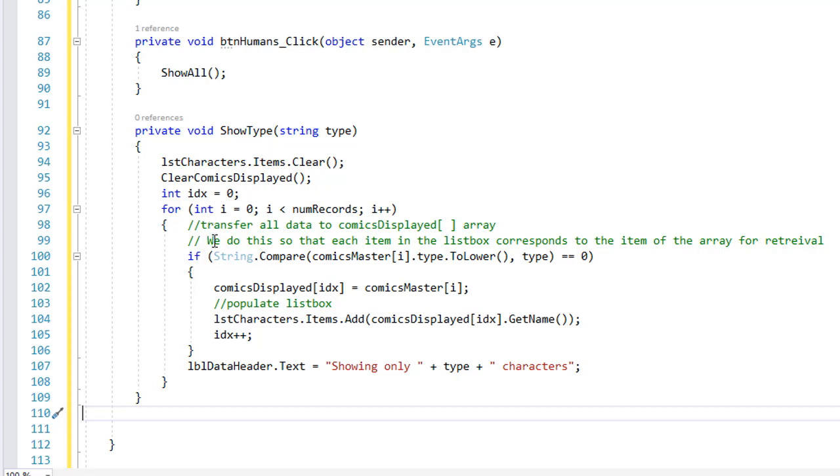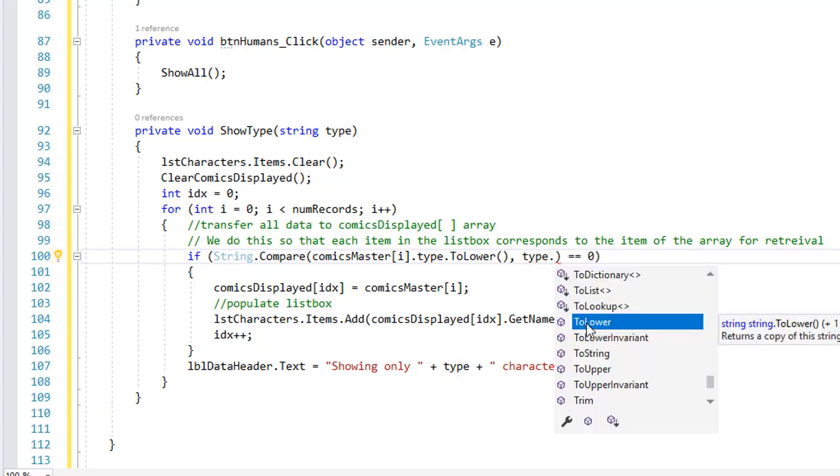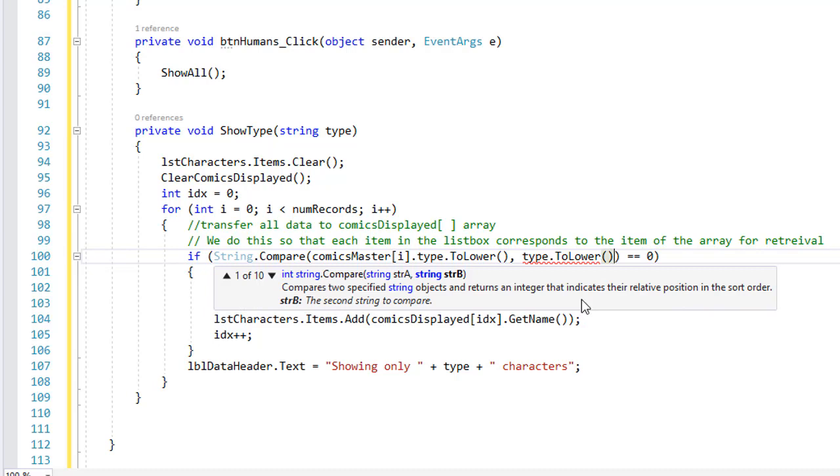And then I'm going to use a loop that's going to compare our type of comics master sub I. So we're going through each item of our comics master list. I'm going to convert that to a lowercase, and then I'm going to get the type. So I want to make sure that I pass the type as a lowercase. In fact, just to guarantee that, I'll make one little slight change here. I want to set type also to lower. If it's 0, that means there was a match. The comics master sub I.type is the same as the type we're passing in here as our parameter and setting